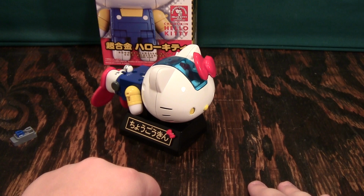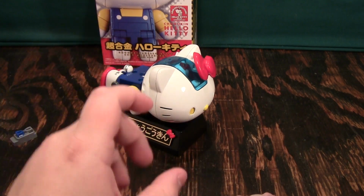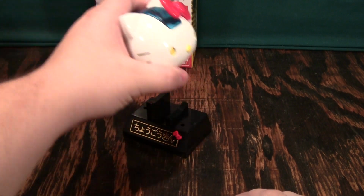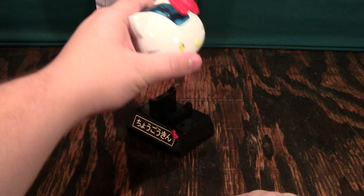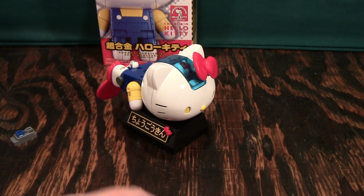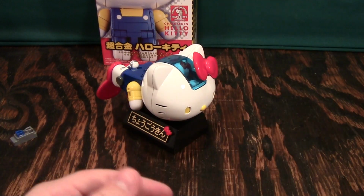Now, for me, it's not the greatest thing in the world, but I do appreciate it for what it is, and I do like the high diecast content. Just the heft of the thing is something that you don't normally feel, especially on something so small. Put it back in. And anyway, this has been a video review of the Bandai Chogokin Hello Kitty 40th anniversary figure,